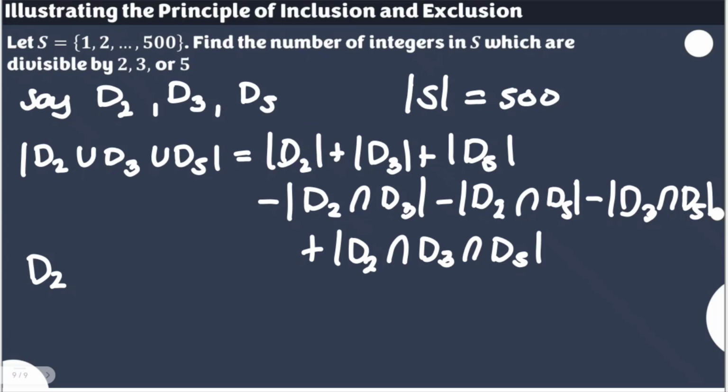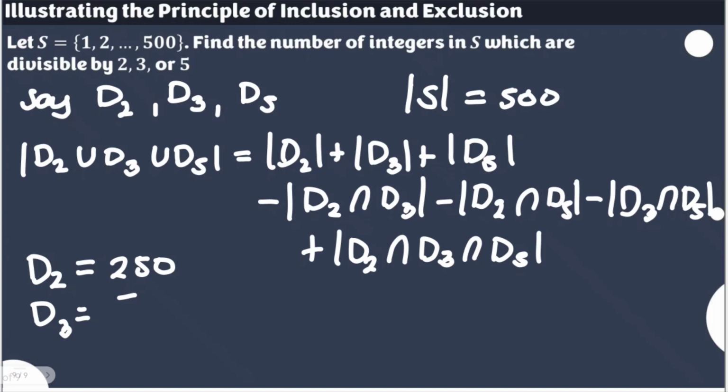This time we still need to determine the number of integers divisible by 2 between 1 and 500. Basically, numbers divisible by 2 are all even numbers, right? So how many even numbers are there from 1 to 500? Dividing 500 by 2, you will get 250. That's for our D sub 2, 250. But when we go to D sub 3, we don't know yet, because if we pattern it as 3, 6, 9, 12, we don't know the actual number, but we can look for a formula intended for this.